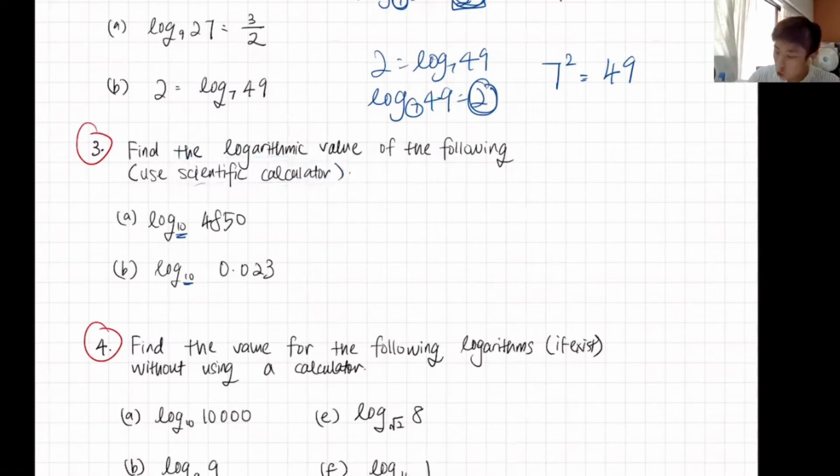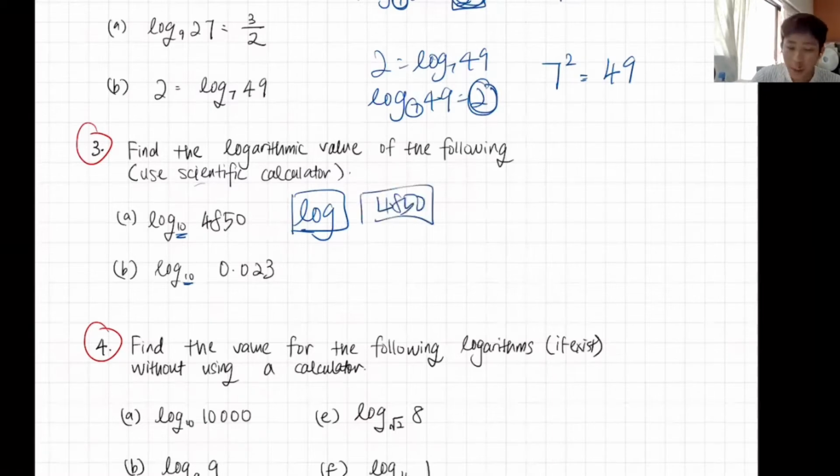Basically, what you do is you use your calculator to type log. You have got a log button here. So you just type log. When you type log, you don't have to put 10. Automatically this is log base 10 already. Just type the word log and then type